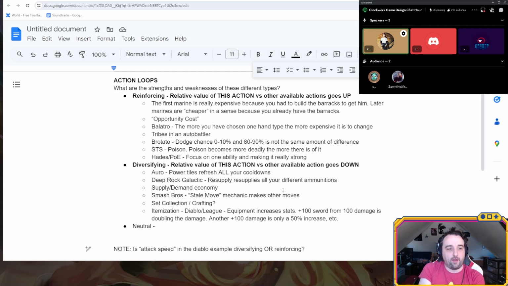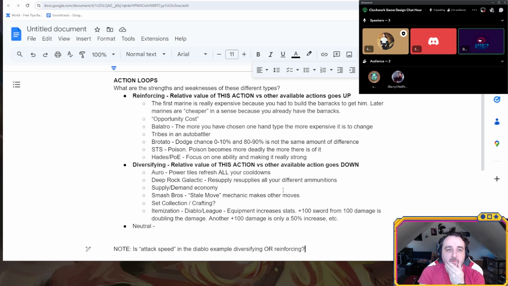From the perspective of the attacking action, getting more attack speed might be a reinforcing action. However, from the perspective of purchasing an item in the shop, maybe that's a diversifying thing because you're getting a different stat. Does that make sense? Yeah.